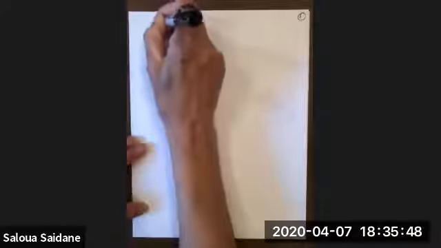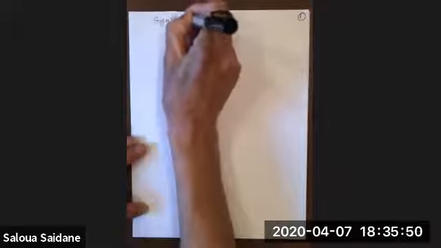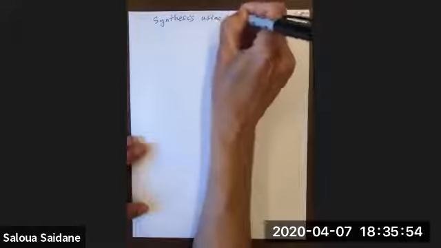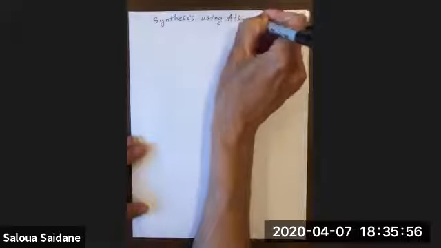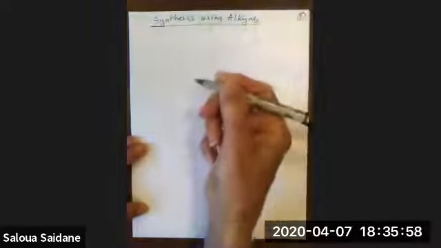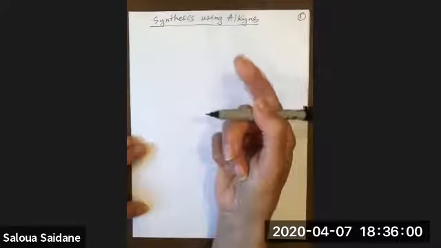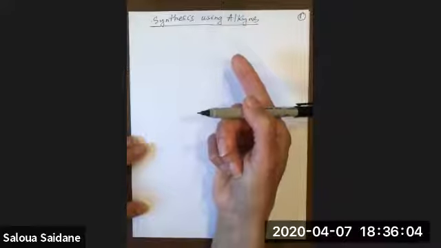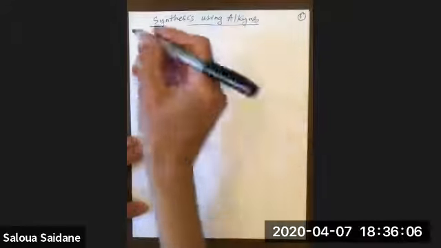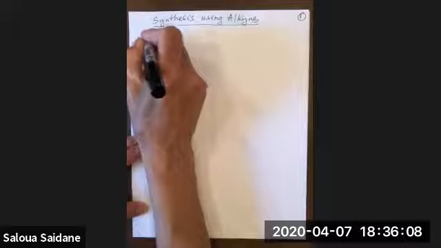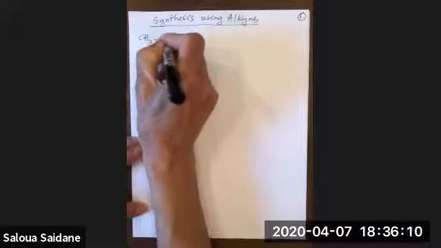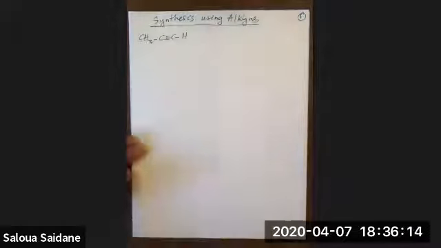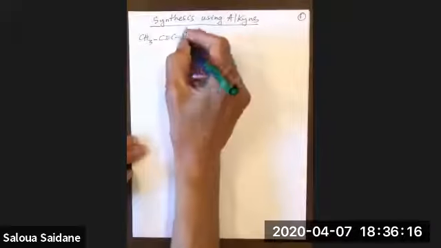So synthesis using alkynes. Why are they interesting? Because especially the external or the terminal alkyne. So if I take, for example, a terminal alkyne like this, it's acidic. This proton right here